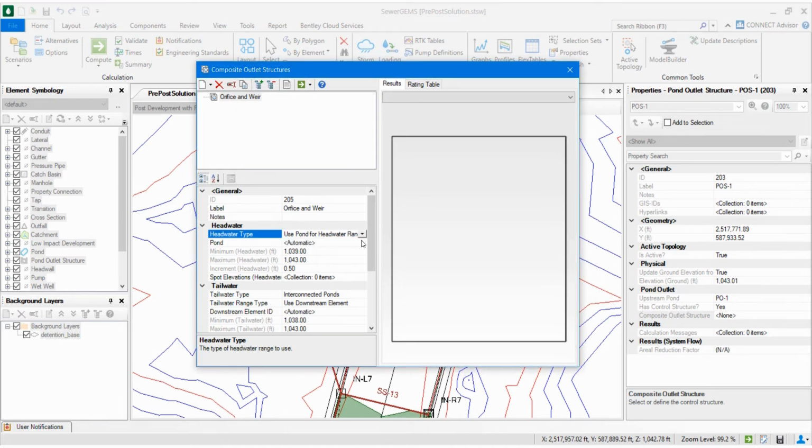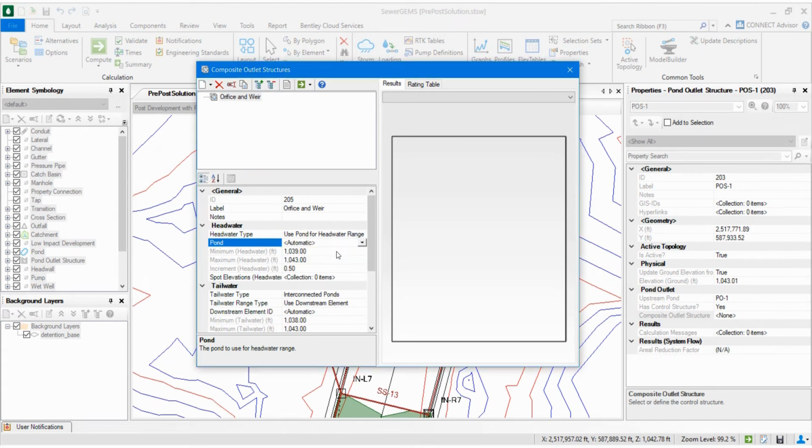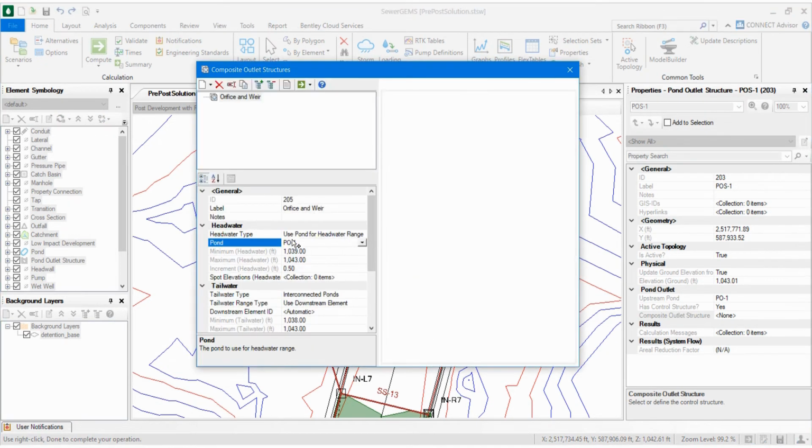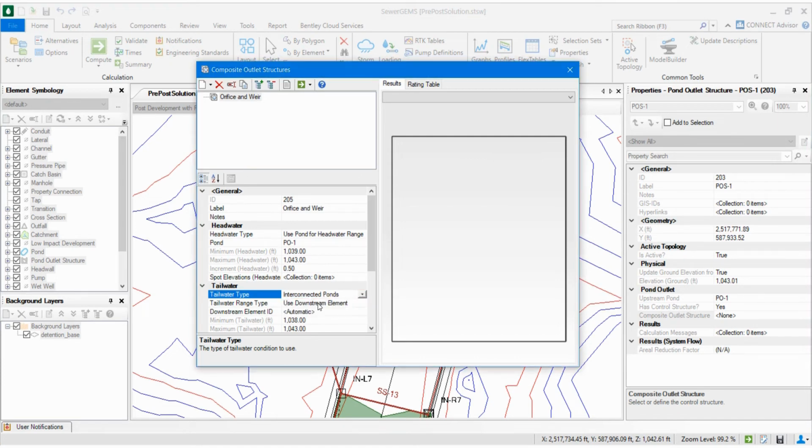Select PO1 as pond, select from the drawing, and tailwater type as free outfall. Notice that the headwater and tailwater minimum and maximum values have been automatically populated from the pond's elevation range. You will now enter the components of this outlet structure.